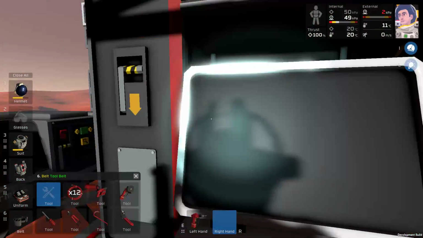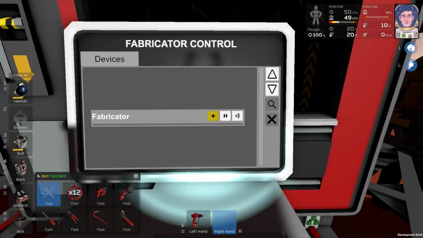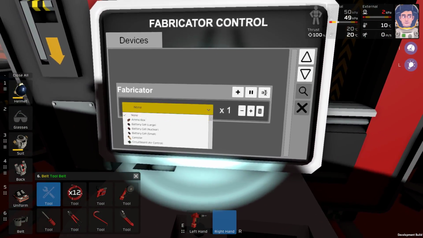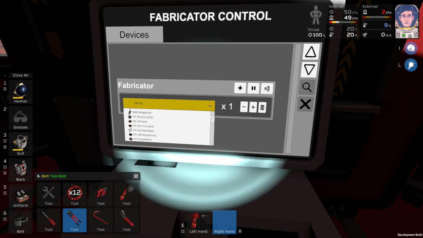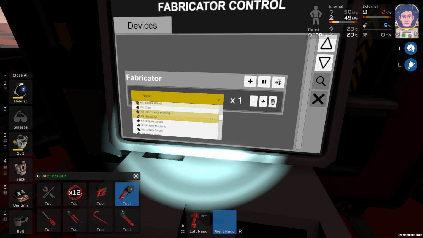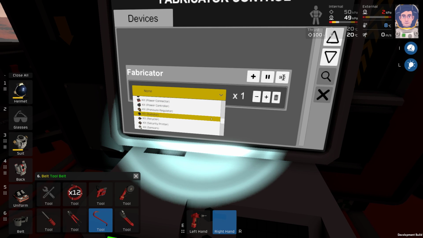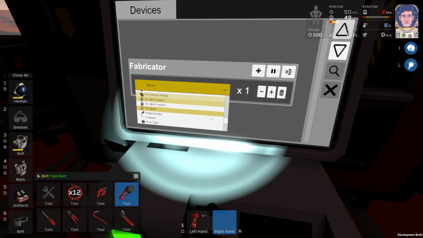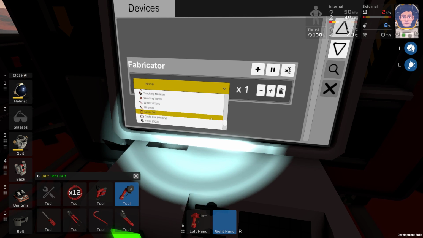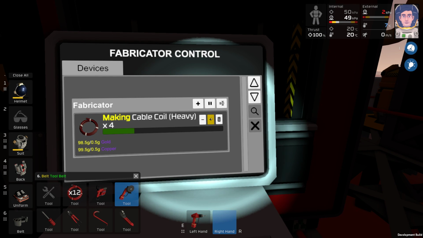And then let's manufacture some heavy cables. So heavy cables can hold more charge. Oh, I don't need my jetpack. It burns out at higher capacity than the light cables. The light cables are at 5 kilowatt, and heavy cables are at like 50 kilowatt. And it might actually have been easier. Here it is. Cable coil heavy. And we will make